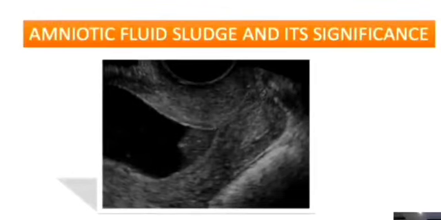Today the topic for the CME is amniotic fluid sludge and its significance. Now this is a transvaginal scan which is showing you the cervix, internal os here, external os here. This is the cervical length and this is the amniotic fluid, and you can see echoes within the amniotic fluid,